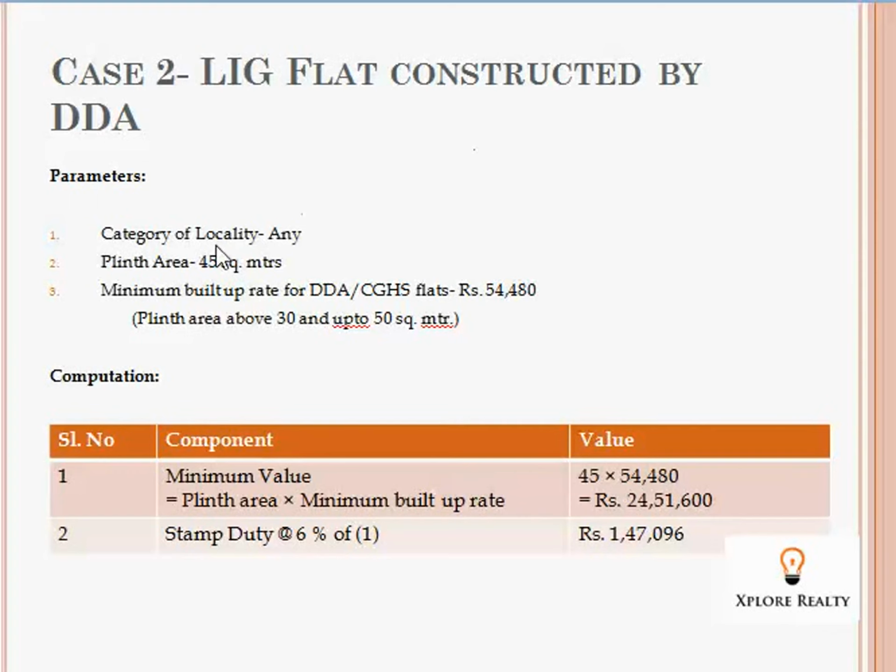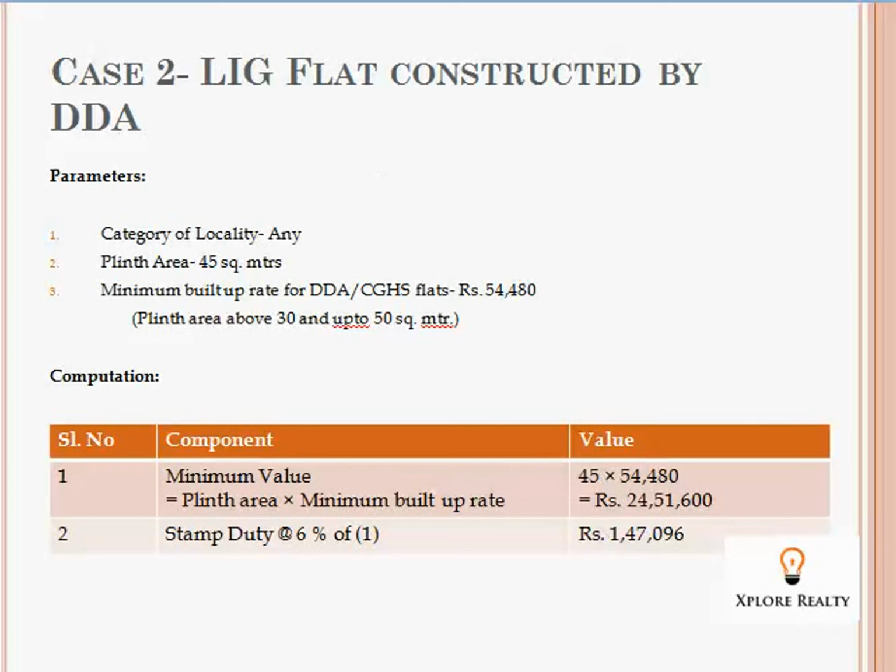In case 2, LIG flat constructed by DDA. Parameters: category of locality any, plinth area 45 square meters, minimum built up area rate for DDA and CGS flat in this case will be 54,480 rupees, because this is lying in 30 to 50 square meters. And the computation is very simple. The minimum value will be the plinth area into minimum built up rate,